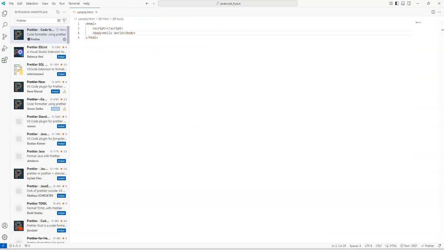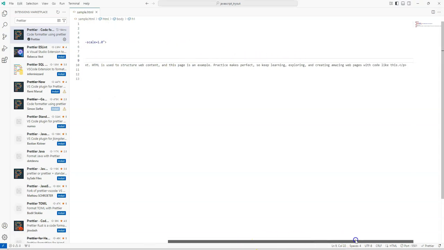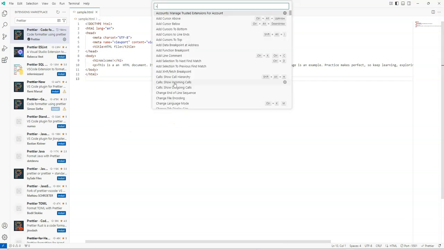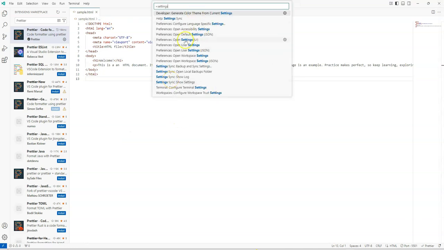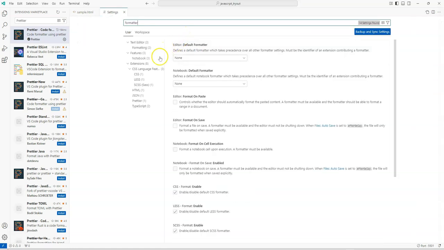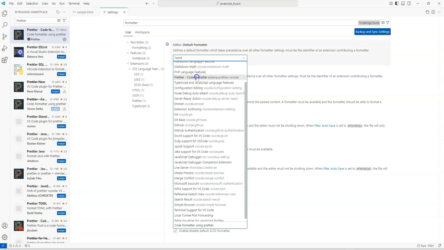So I installed this Prettier plugin, and then I have this HTML file. You can see I have to scroll all the way right. So for Prettier to work, you have to set it up. In the settings, go to user settings, the formatter settings, and select the default formatter here. So you have this default formatter. I now select Prettier here,